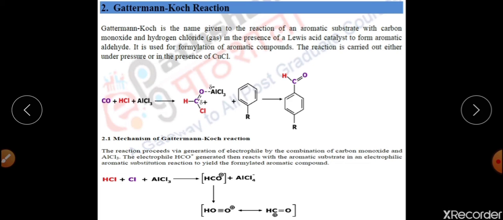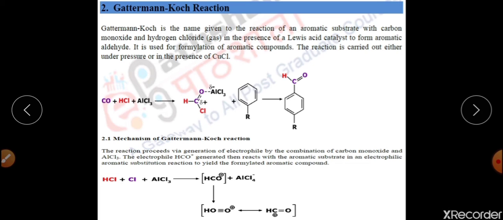Either the benzene ring will be free and a CHO group can be attached, or the benzene ring may contain some activating group. The activating group that can be present for the Gattermann-Koch reaction on the benzene ring is generally the R group. If it contains more activating moieties like OH group, NH2 group, OR group, at that time reactions are generally not up to that level, we think.